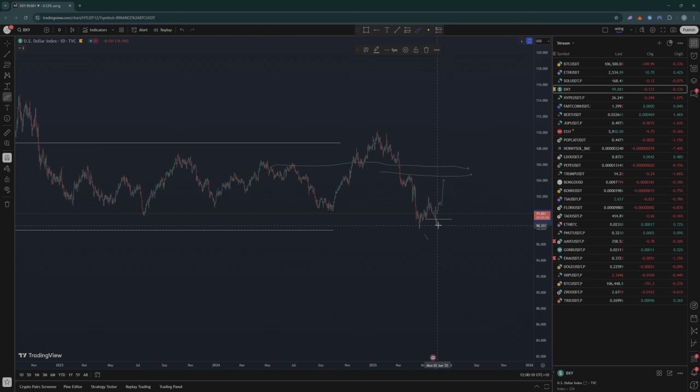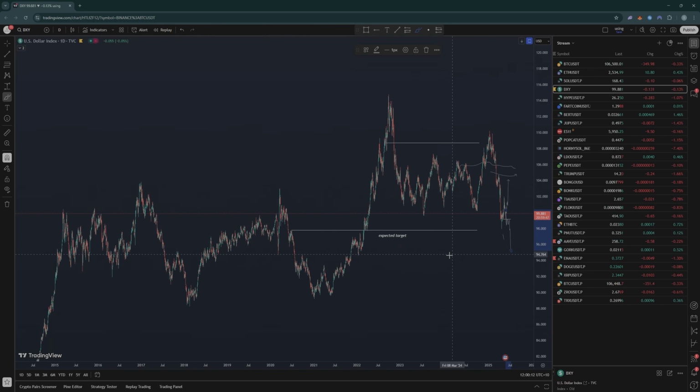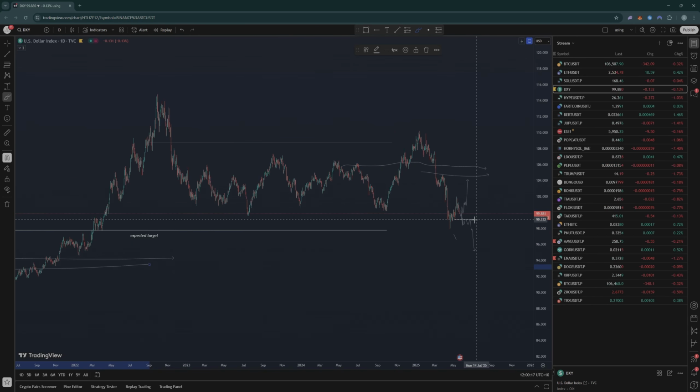I think the more likely scenario is a continued breakdown, something like that, into this range down here to like 94, 95 region. But again, watch out for that. If we get the accumulation here below that low and Bitcoin and Ethereum look like they're starting to top out, then we probably get that move into the mid-range. So just looking at dollar here, not as a trade, but as a way to help keep a clear view on the market environment and where we're headed, right?